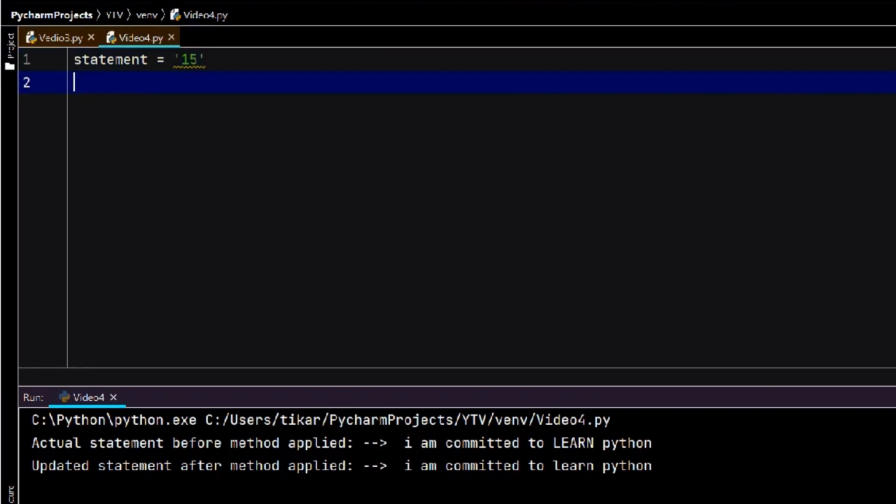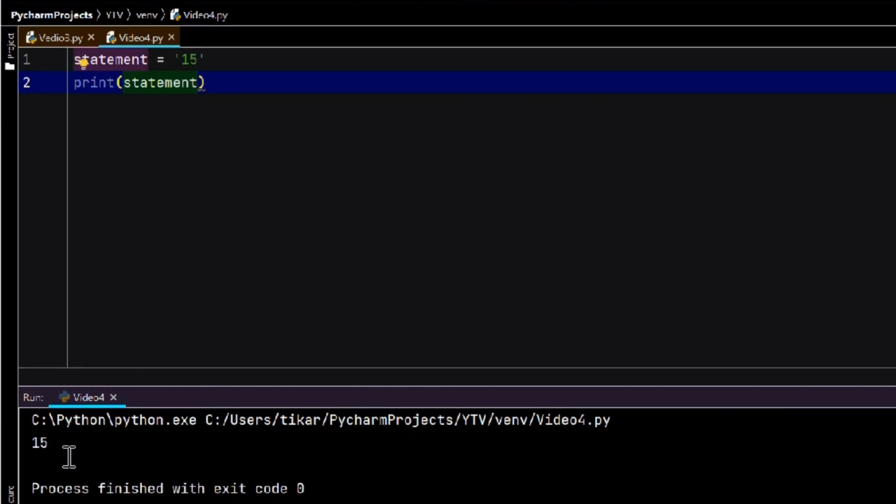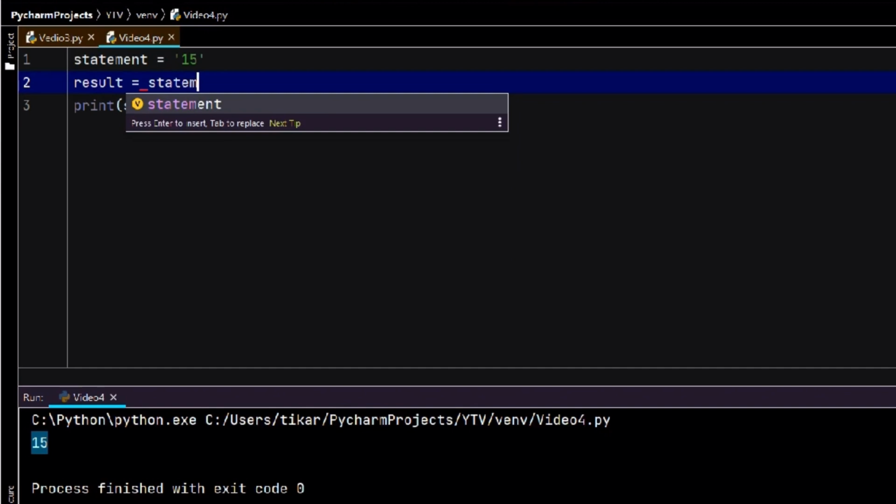If I do a print statement, we know 15 is going to print, right? Now there are some methods that we can use on this type of data, which is actually number or digit in nature, but defined as a string. Okay, so let me do something called result, and then I will do statement